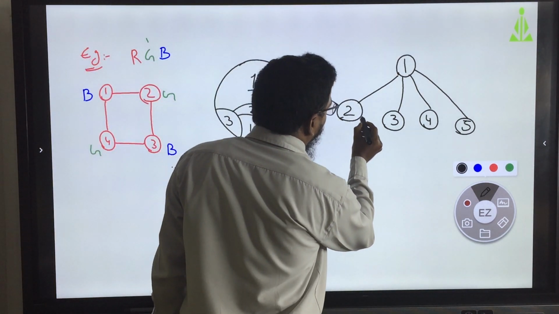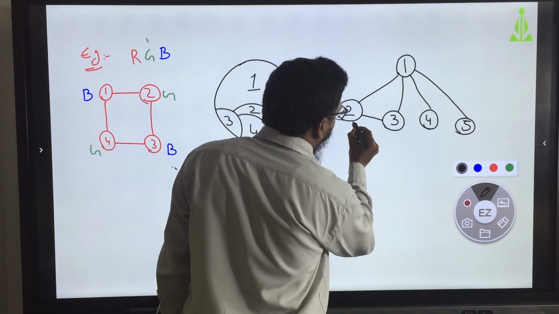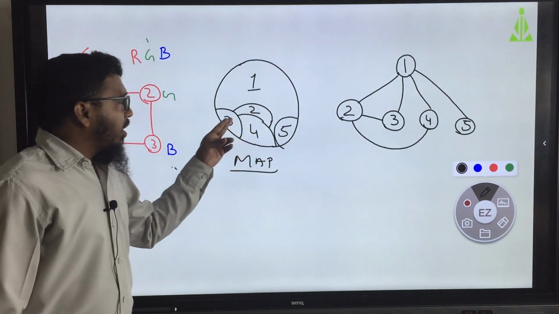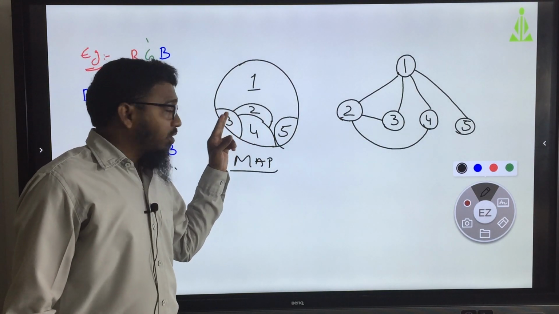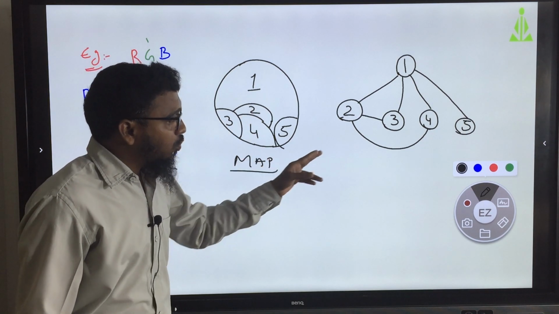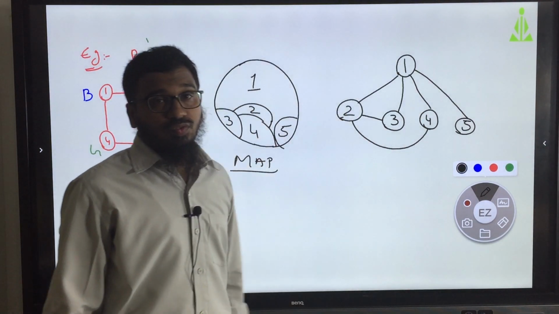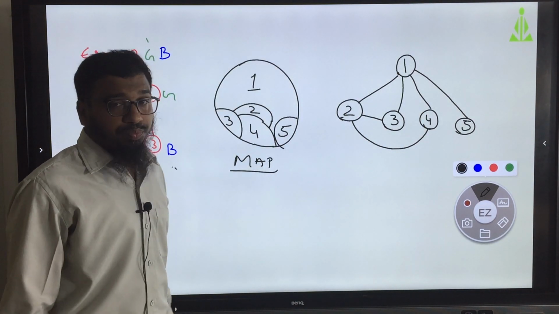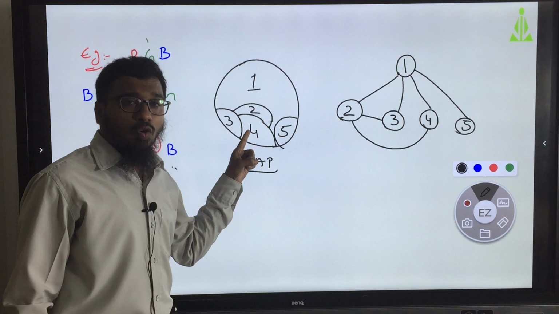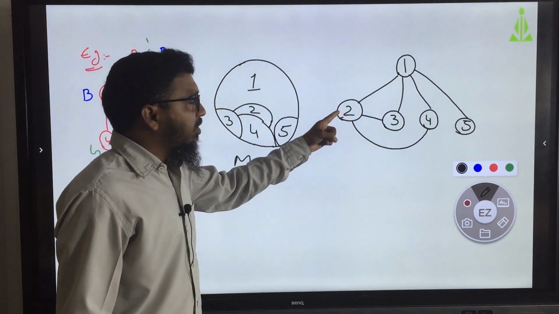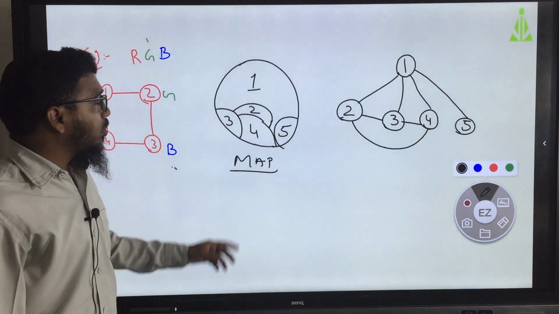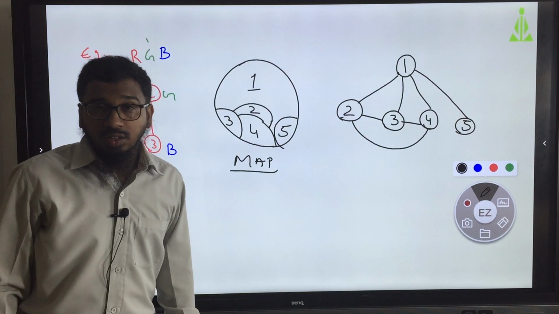So, I have given the graph. Next 3, from 3 it goes to 2 as well as 4, and the 2 connection is already there. So, we only need to give the connection 3 to 4.